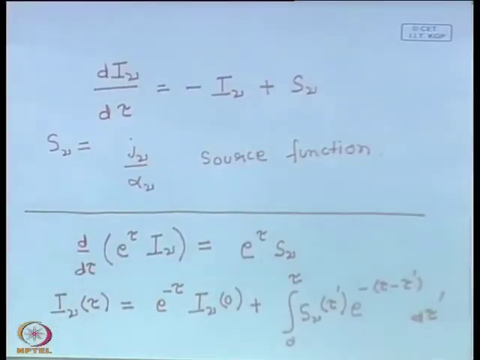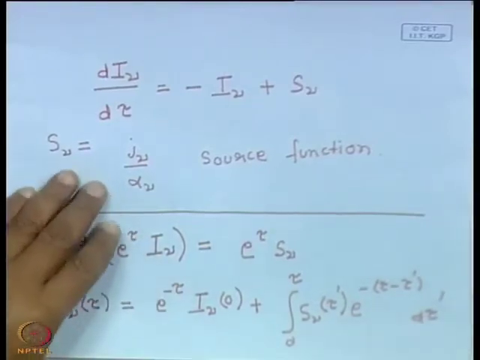Okay, so, this is the formal solution to the radiative transfer equation. Now, we can first of all straight away see that we recover the very simple situations that we had considered right at the start, where there is only emission and where there is only absorption. Those you can recover straight away. Let us now